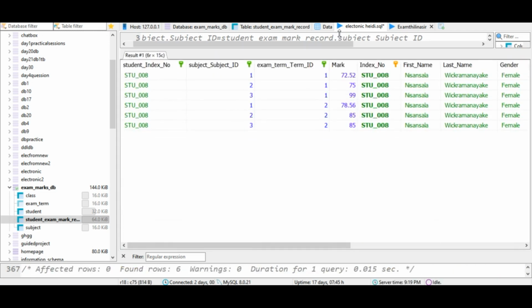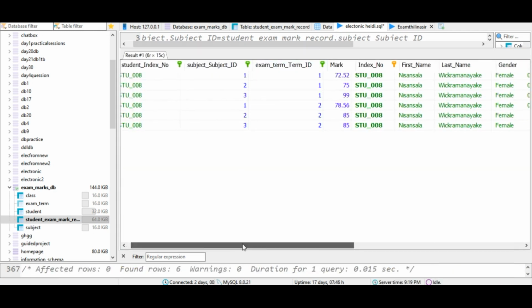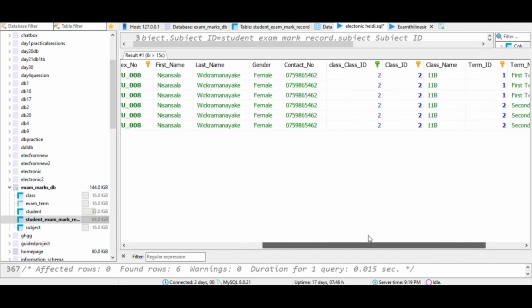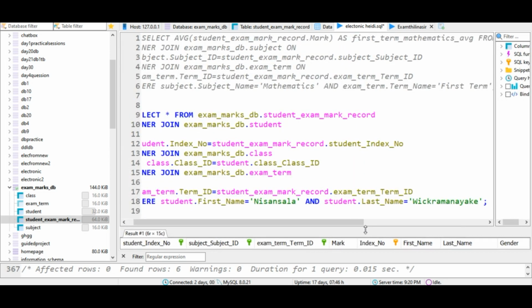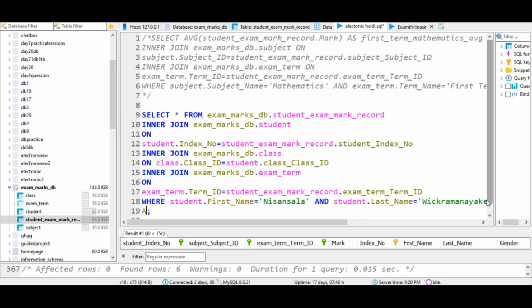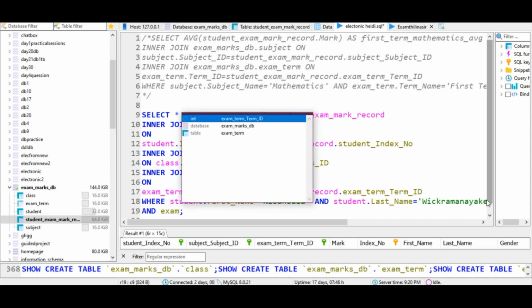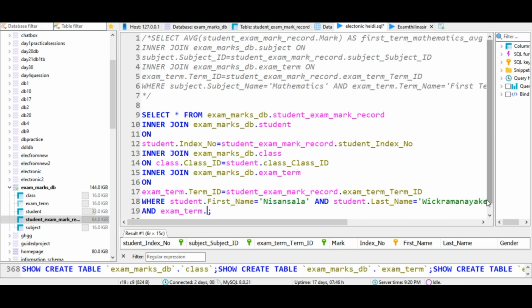the answer for student Vikramanayaka. You have the answer for student Vikramanayaka, and after that you have to mention the term also. By doing this, you filter out the rows more. So therefore I'm going to use the exam term table. Exam term name is,